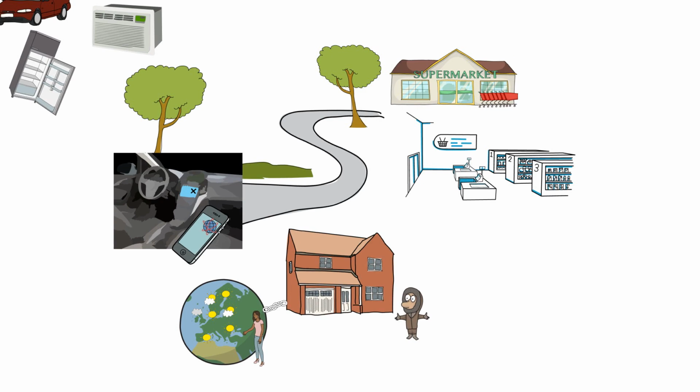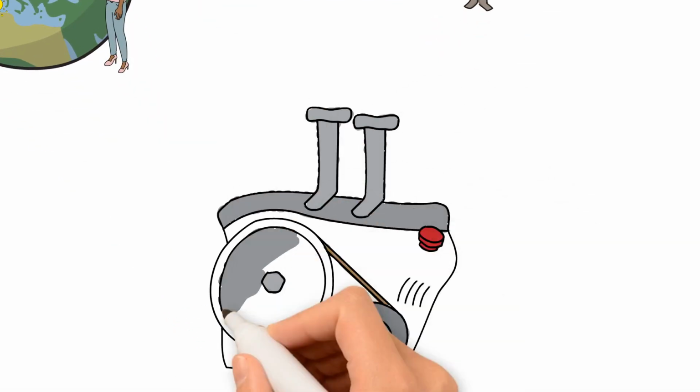The good thing about visions and ideas is that they provide us with a starting point. We can use them to find the requirements we need to fulfill for them to come true. First of all, we will want to